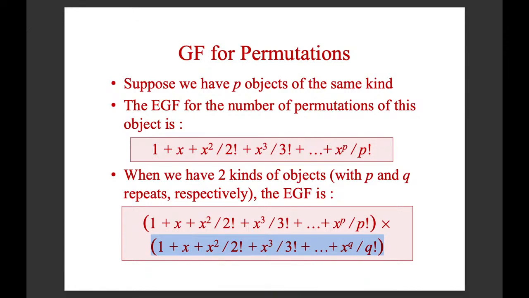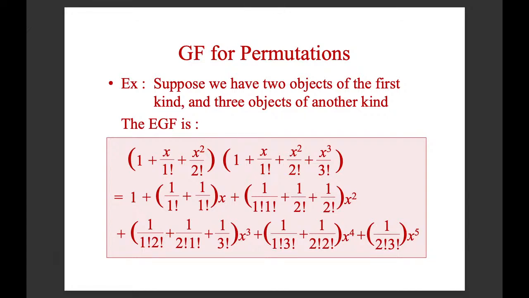So after doing this multiplication, we will see that this is exactly the number of ways of doing the permutations with these two types of objects. And then, this is a particular example. Let's say p is equal to 2, and q is equal to 3. This is the case for p equal to 2, and this is the case for q equal to 3. And then we will get something like this: 1 plus this number times x, plus this number times x squared, plus this number times x cubed,